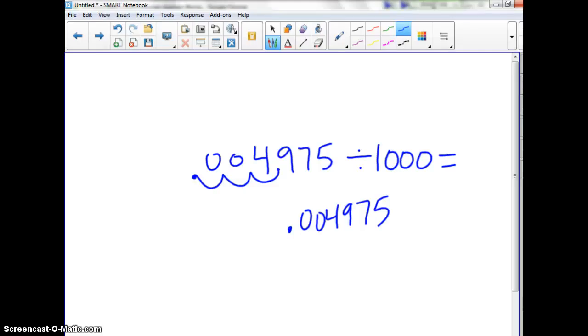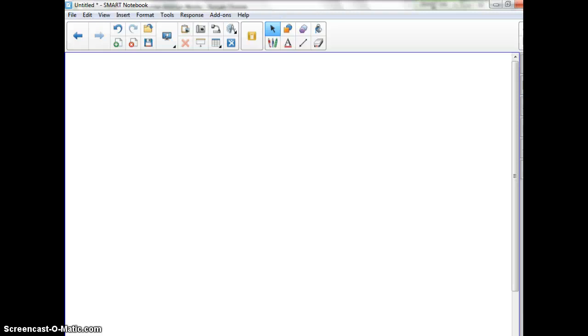I think we're past the 10,000s. This is the thousands. This is the 10,000s. This is the 100,000s. This is the millionths. Even though that's a long number, it is actually super duper small. Okay. We are going